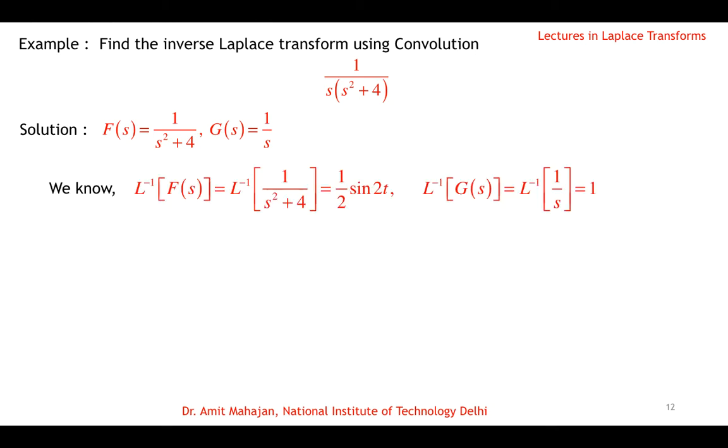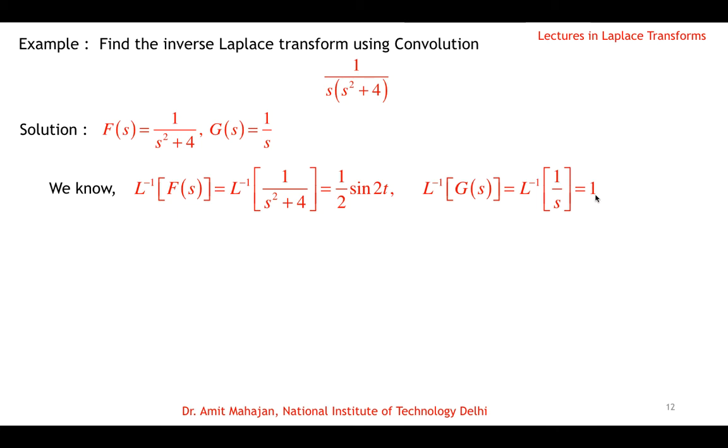Okay, so immediately I have the Laplace inverse of F(s), which is the Laplace inverse of 1/(s²+4), which is half of sin 2t, and the Laplace inverse of G(s), which is the Laplace inverse of 1/s, is 1. Because Laplace inverse of these are known, their product's Laplace inverse by convolution is the integral 0 to t of f(t) g(t). Now this is f(t), this is g(t), and